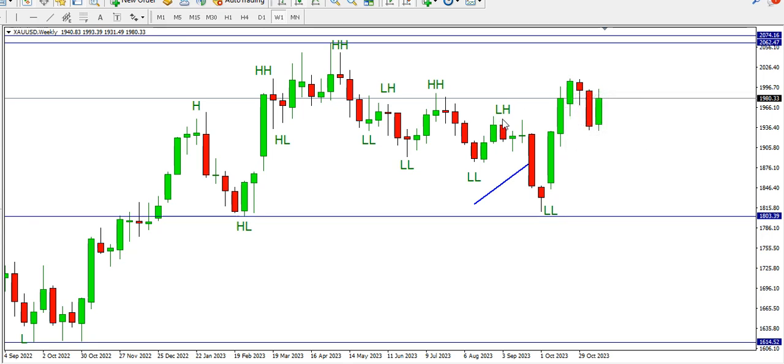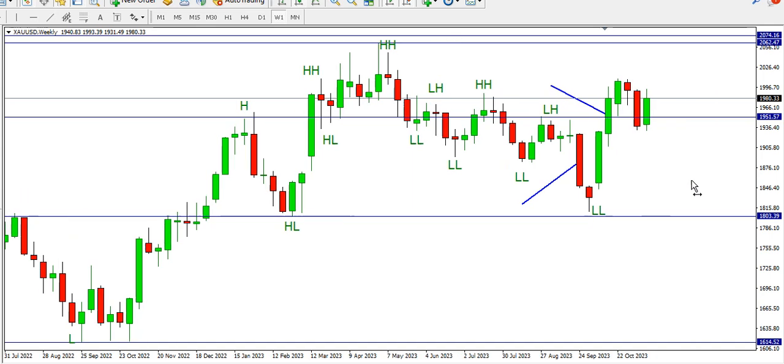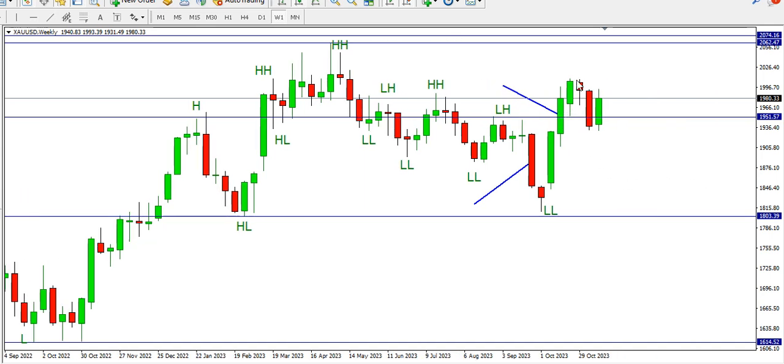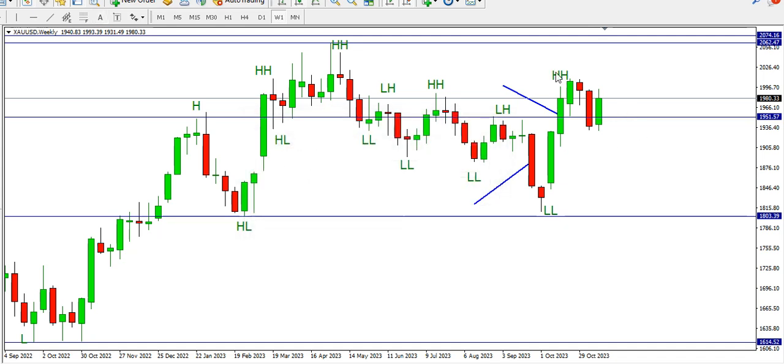Price went up, we have a break of this structure, then price rose up for us to have the break of this fresh structure that we have around here. Talking about this structural high, broke it around here. This is where it broke it. A break of the structural high around this point. Okay, and then we can see another fresh high. So we have lower high, lower low. Now this is going to be higher high because this particular point is higher than this recent high. So we're going to call that point higher high,